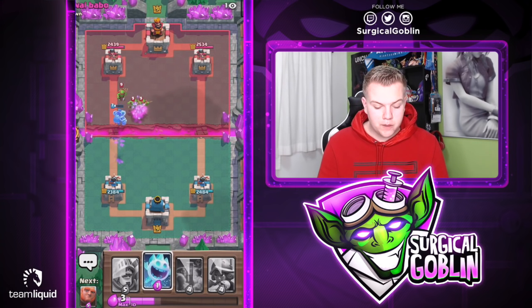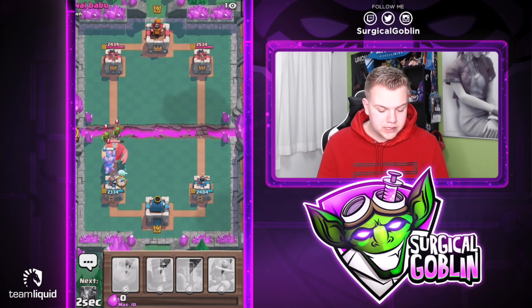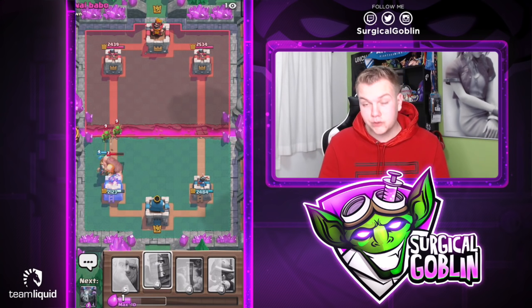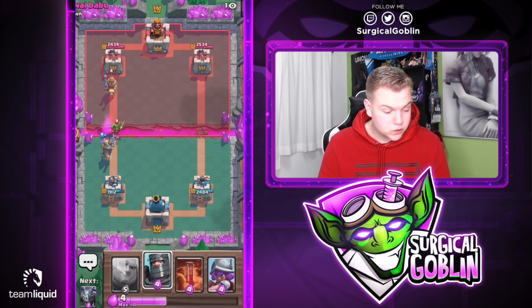But let's see if we're still able to win this match, even though I'm already making a ton of mistakes, like misclicking the Musketeer, misclicking the zap. So let's go with the Prince, let's go with the Ice Spirit. Hopefully he doesn't drop bats or anything, because we don't have a spell, we don't have zap in rotation right now. So let's see what he will do right now. Looks like he goes with a Prince, and let's see if we can...